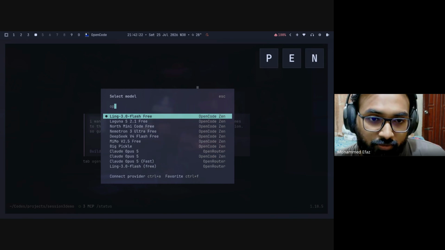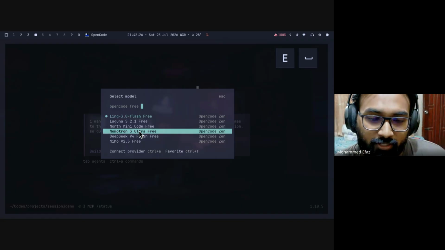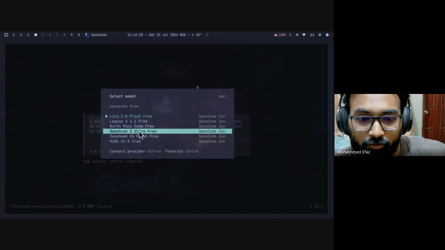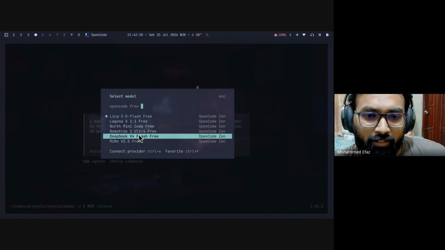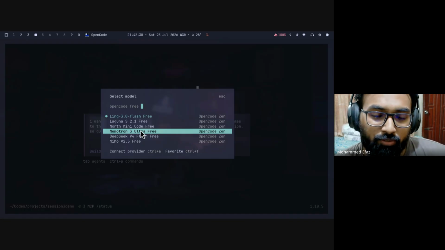So I'm just going to use a free model, and there's a couple of free ones. I'm going to stick with this one because I think this is very good. And then we have DXV4, but for this demo, it doesn't really matter. I just want to show you the actual workflow, not necessarily the actual output, right? The output can take a long time to get done, but you'll see the way,